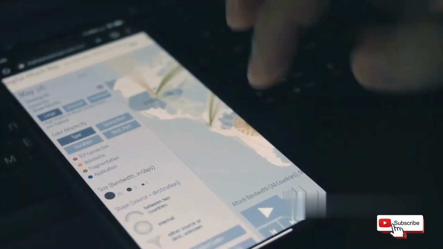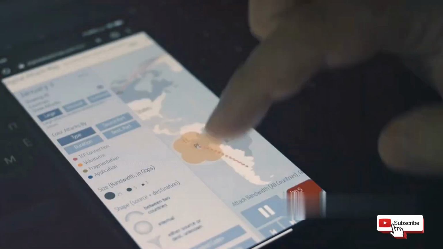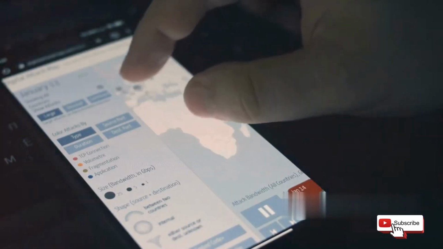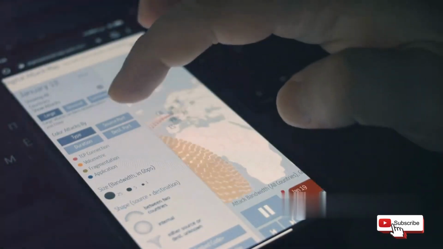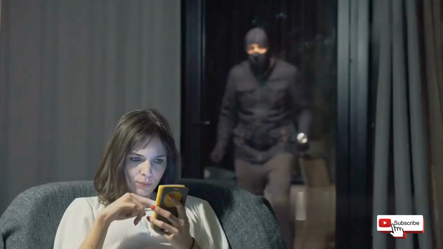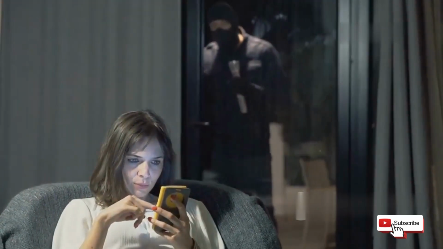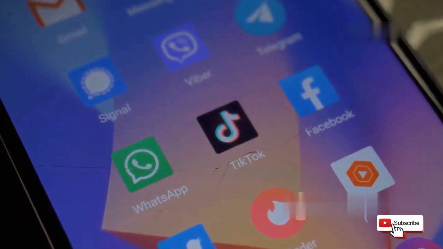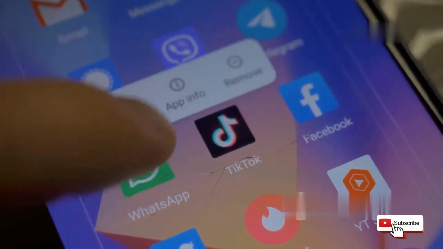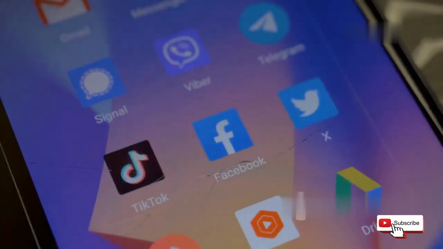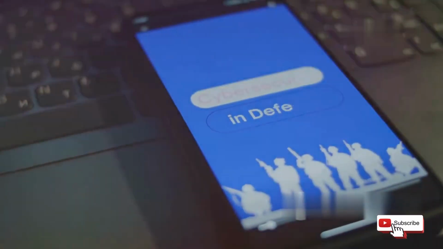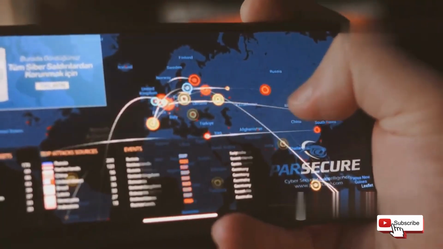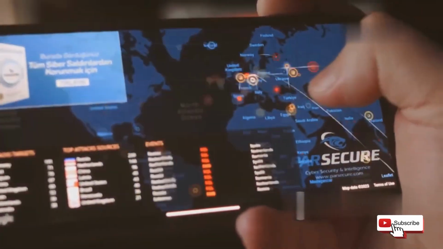Hackers can trick you into installing malware through various means, such as malicious apps disguised as legitimate ones on app stores, infected email attachments, or even by exploiting vulnerabilities in your operating system. Once malware has infiltrated your device, it can wreak havoc on your privacy and security. Therefore, it is crucial to be cautious about the apps you download, the links you click, and the files you open. Regularly updating your operating system and installing a reputable mobile security app can also significantly reduce your risk of falling victim to malware attacks.